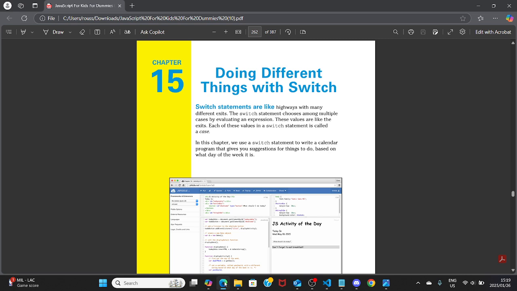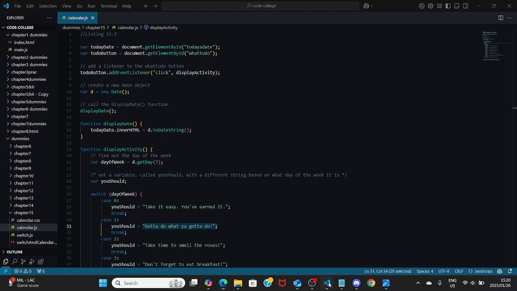Class, we learned chapter 15, doing different things with Switch. So over here we created a calendar and we learned a new code which is the Switch, and I'm going to explain it. Hi, my name is Katie and I'm the driver of the session. Okay, so when we take a look at the code,